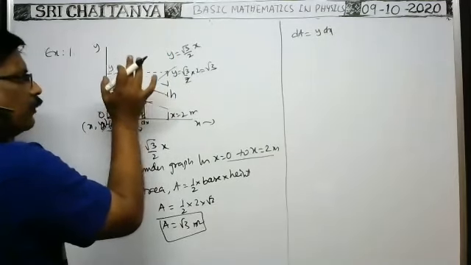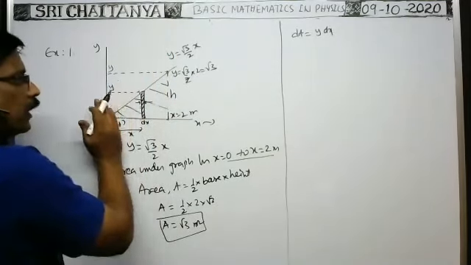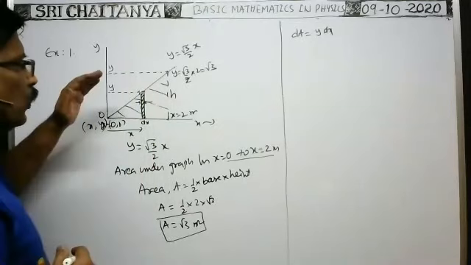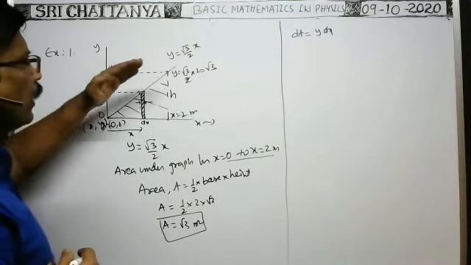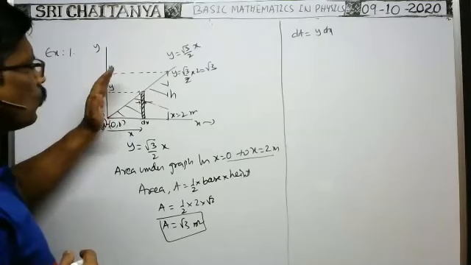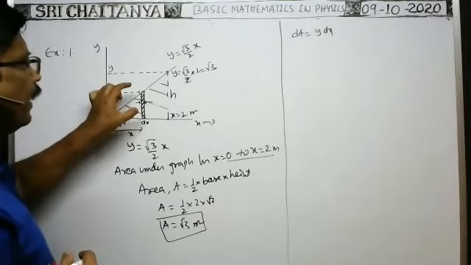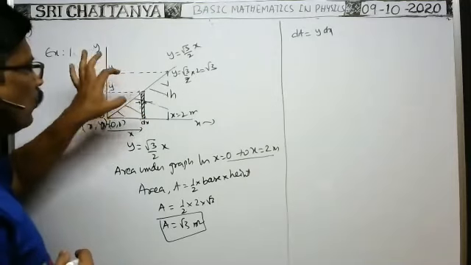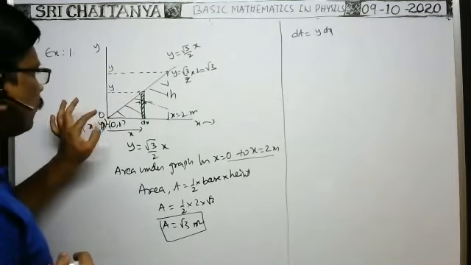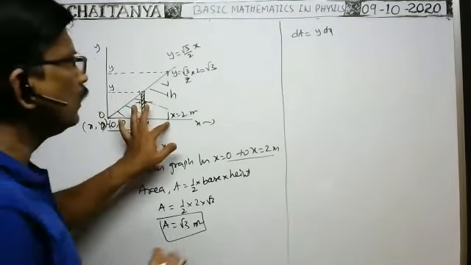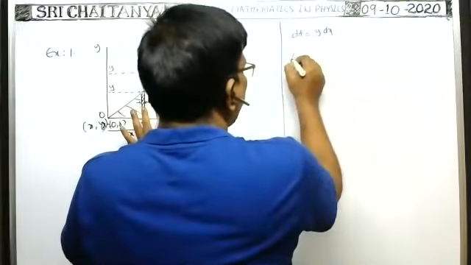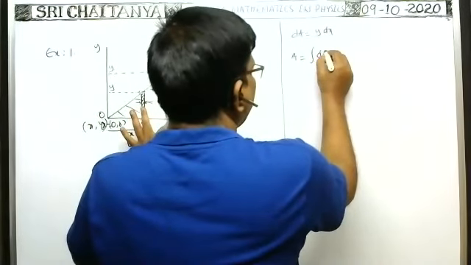Area under each and every element you find. Infinite number of elements can be imagined. Or you find the area under all infinite number of elements and you add them. That gives the total area under this graph. But instead of being like that, you find the area under one element, and between which limits this type of elements can be imagined, that means x equal to 0 to x equal to 2. That's why you integrate. Therefore, total area is equal to integral dA.